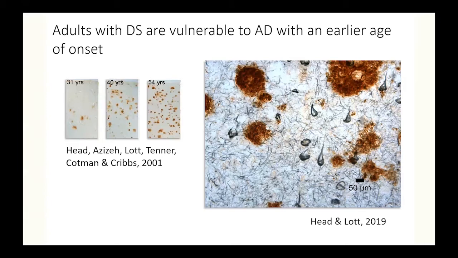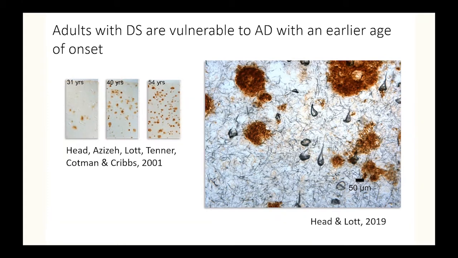And when you look at the brains of people with Down syndrome across their lifespan, for example, in this series, I'm showing you from a 31-year-old, a 40-year-old, and a 54-year-old, you'll see a very systematic progressive increase in beta-amyloid deposition in the form of plaques, and this is in the frontal cortex. Indeed, when you can quantitate those plaques and plot them as a function of age, it's not linear. It's a pretty slow, gradual increase until about 40, and then it explodes in an exponential function.